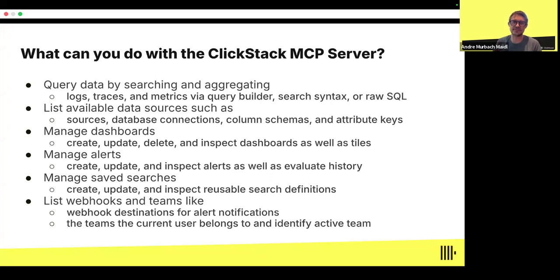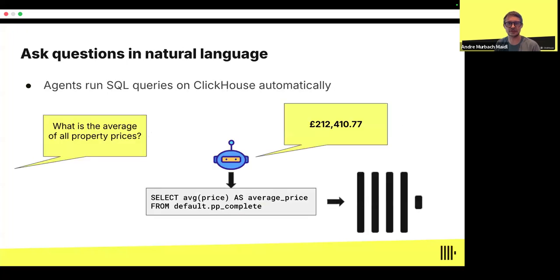Basically, the ClickStack MCP server will allow you to build dashboards, alerts, and visualizations on top of this observability data like logs, metrics, and traces. I'm not going into many details here because it's not really the focus of this presentation, but it's nice to understand because maybe in another project, if you are going to use something related to observability, you already know that you also have the ClickStack MCP server in ClickHouse Cloud.